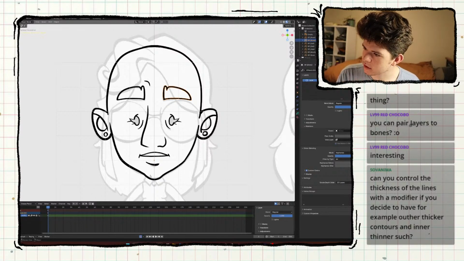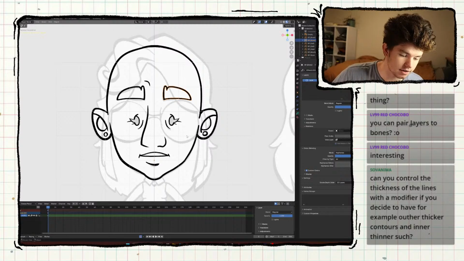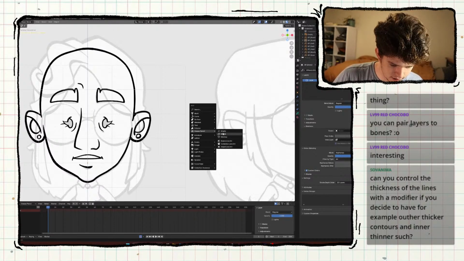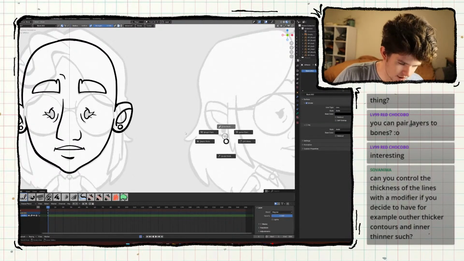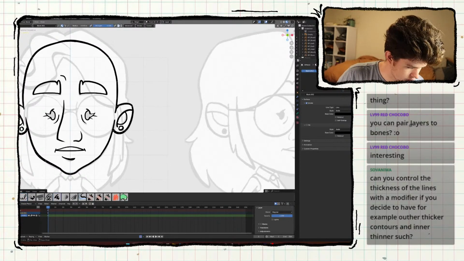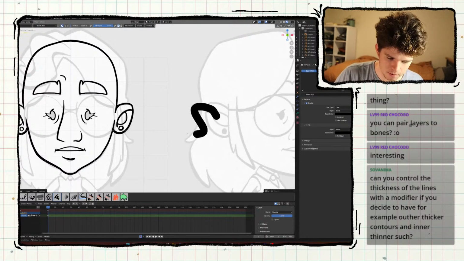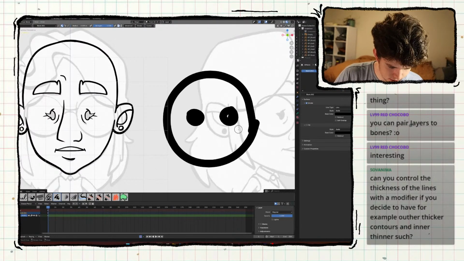Can you control the thickness of the lines with the modifier if you decide to have, for example, other thickness contours and inner thickness as such? Yes, you can. It's actually really intuitive. Let me just add a new grease pencil object, and I'll just draw. Hang on. Where? It's going to be at the camera's position. Okay. And if I choose a brush that has no thickness pressure sensitivity, and I just draw something nice and cool,